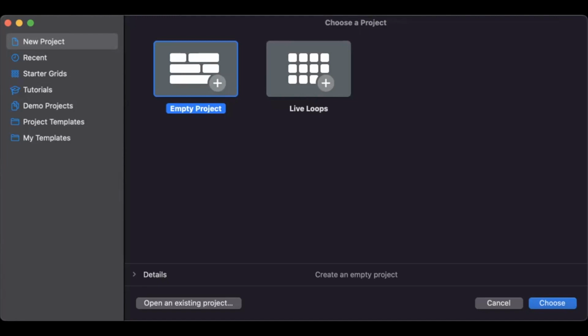So in this video, I'm going to walk through exactly how you need to set up your settings to be able to record using a microphone and/or an instrument to make sure that you are set up for success in your next project. So the first thing we do is we are going to open a brand new blank